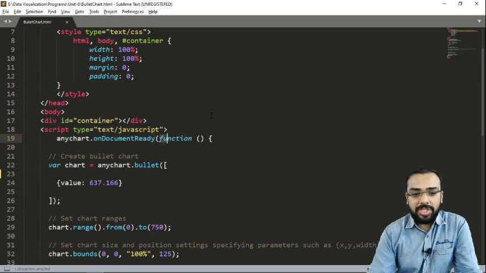To create a function we require the keyword function. The first thing we have to do is create a bullet chart. So how can we create a bullet chart? Inside this AnyChart CDN we have a method named bullet. To create a bullet chart we use the bullet method, and inside this we are specifying the array of values. For that we are taking an attribute named value, and we are specifying the value for